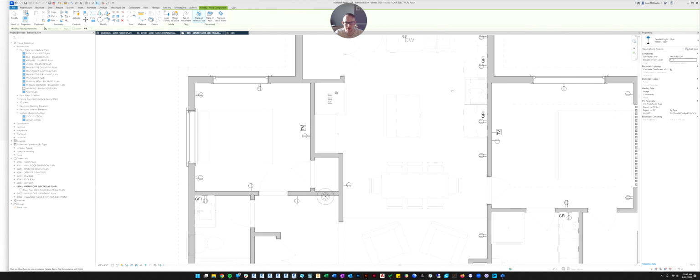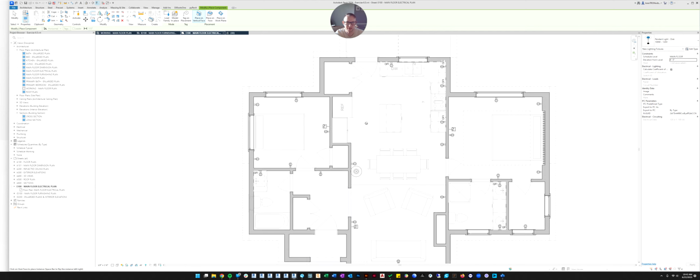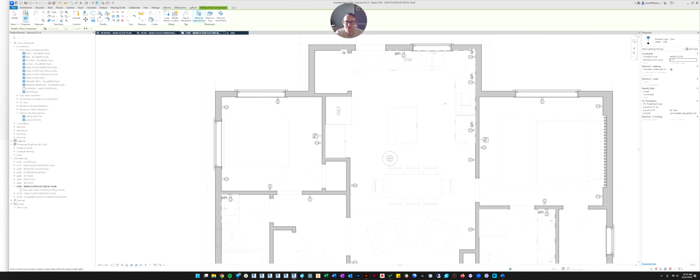Okay, now do you see how when I go to place this, it's trying to put it on the wall? It's because if you look up here, it's a face-based family. So whoever built this family built it as a face-based rather than a ceiling-based family. So it just wants to stick to any reference plane or any surface that you can get. So we don't want it on a vertical face.